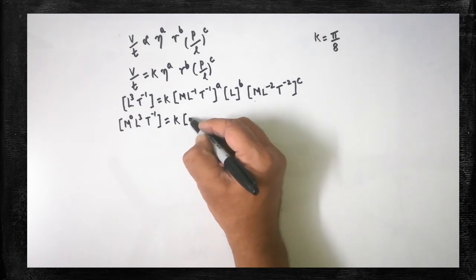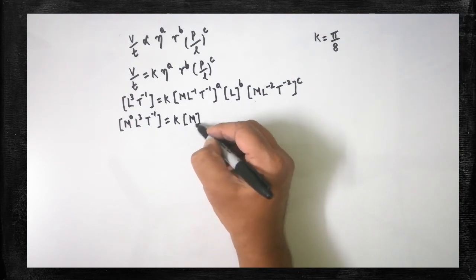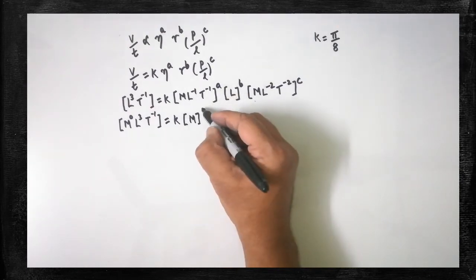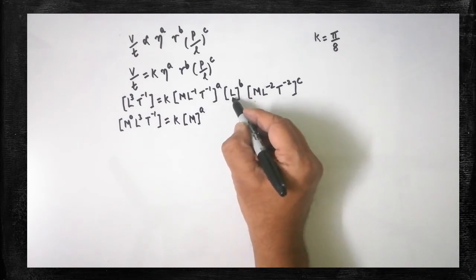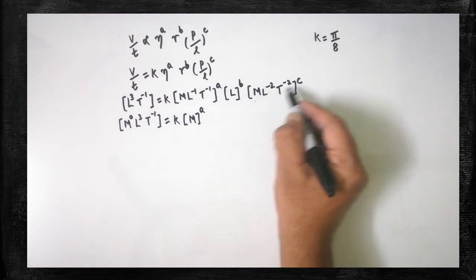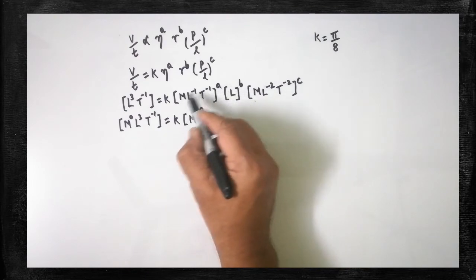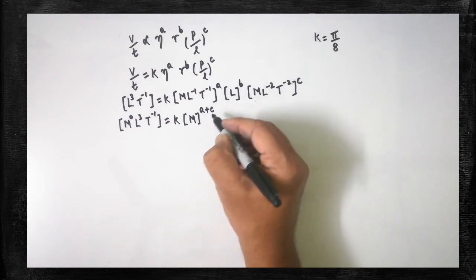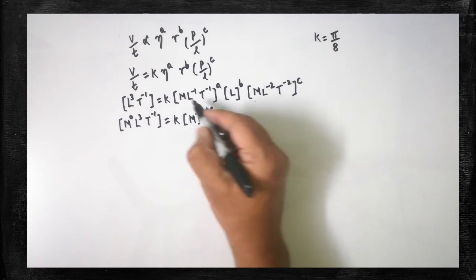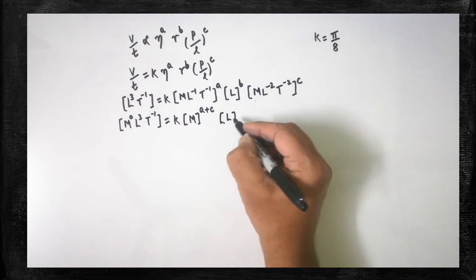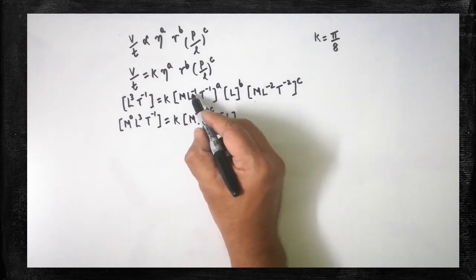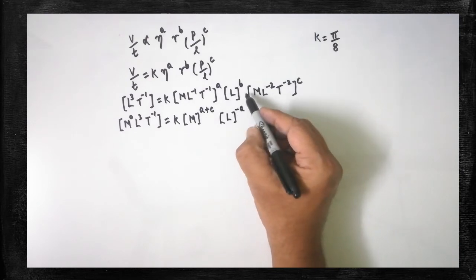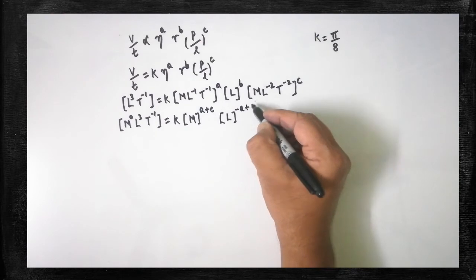Now what I am going to do, I am going to take the powers of M in all three. Here the power of M is A. And then here no M. Here M is there, but power is C. Therefore, the power of M is A here, power of M is C here. Both can be added and written as A plus C. What is the next one? L. L can be written within the square bracket. Minus 1 into A, minus A is the multiplied factor. Here L is there, power is B. Therefore, plus B can be written.